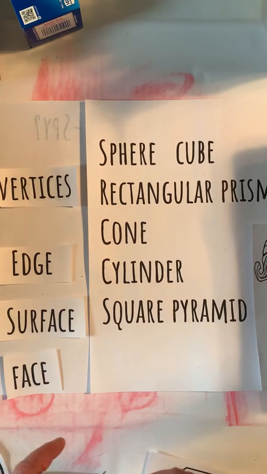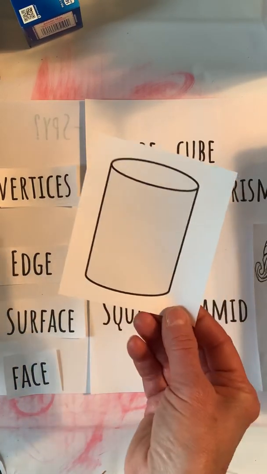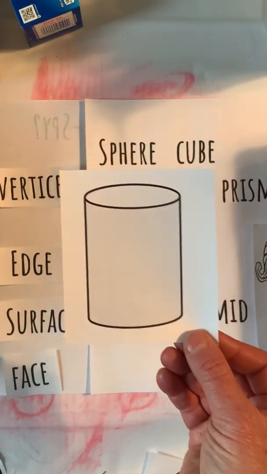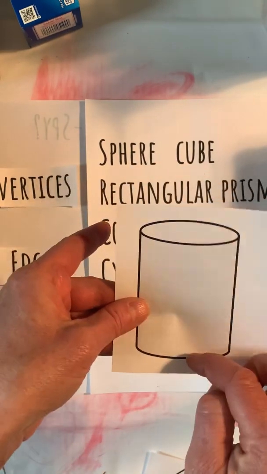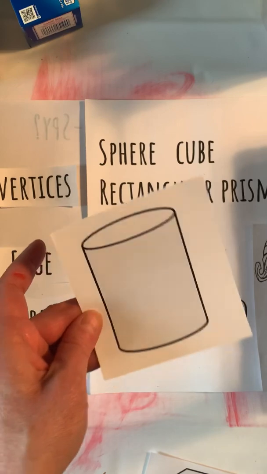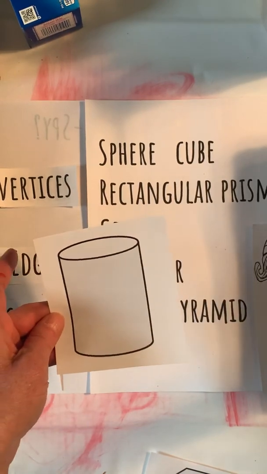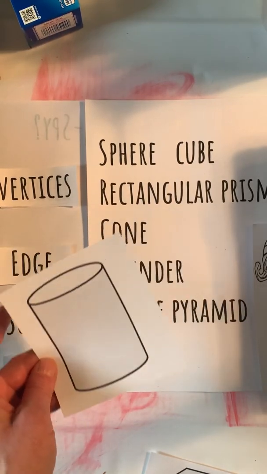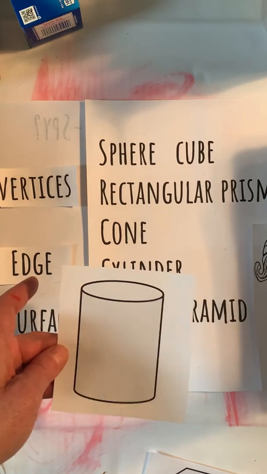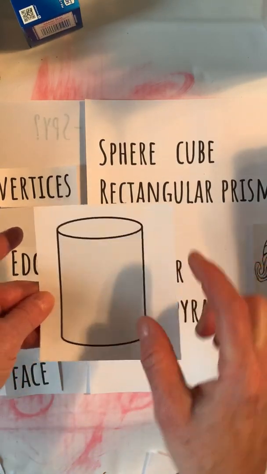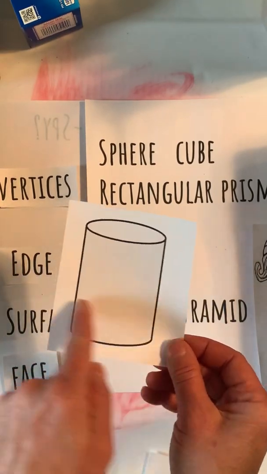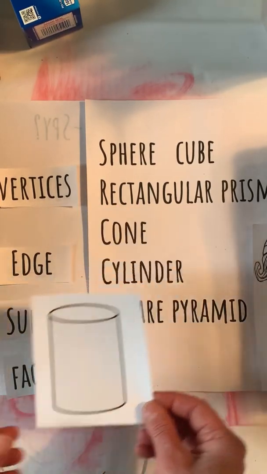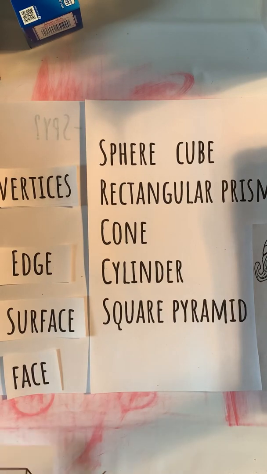And then something else that you probably are familiar with would be a cylinder. And a cylinder, again, has curved surfaces, but at each end of the cylinder, you have, as faces, a circle at each end. So 2 circles, and really when you flatten out the cylinder, it flattens into a rectangle. Okay,